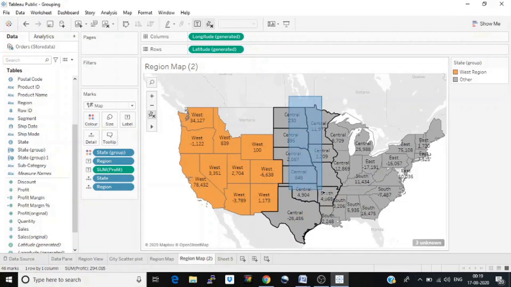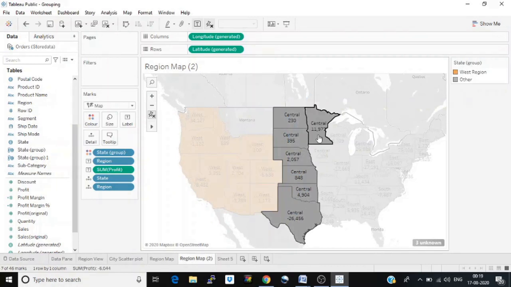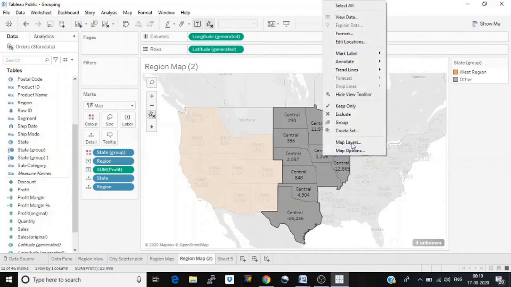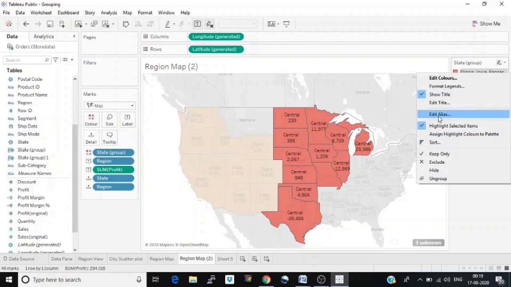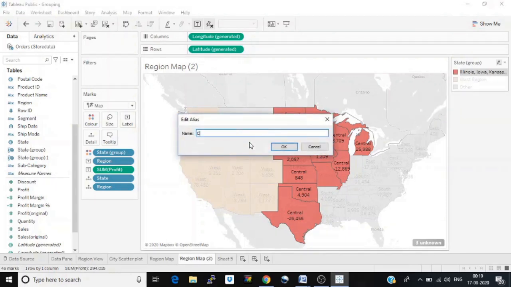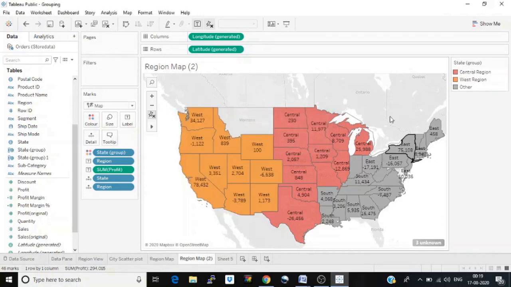Now Central, select all the states and group it and rename it to Central. Same with the other two regions.